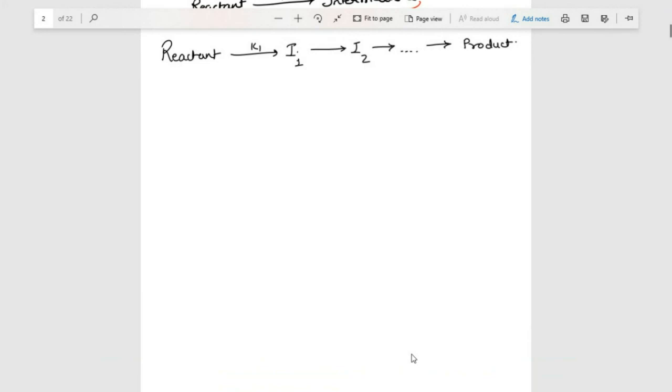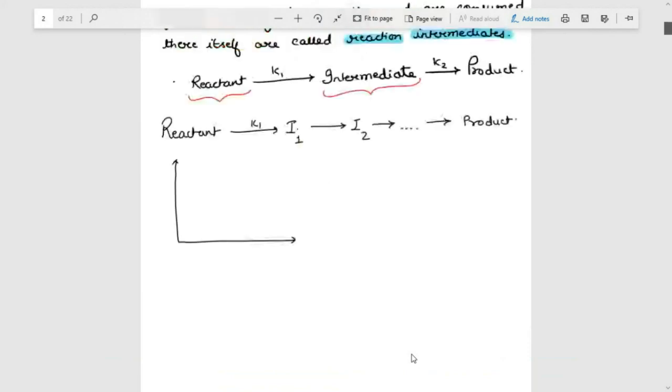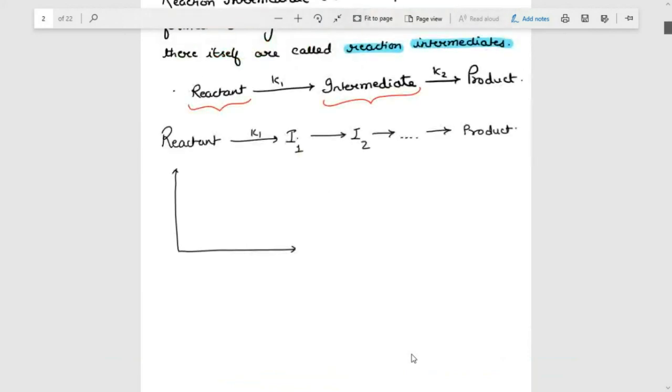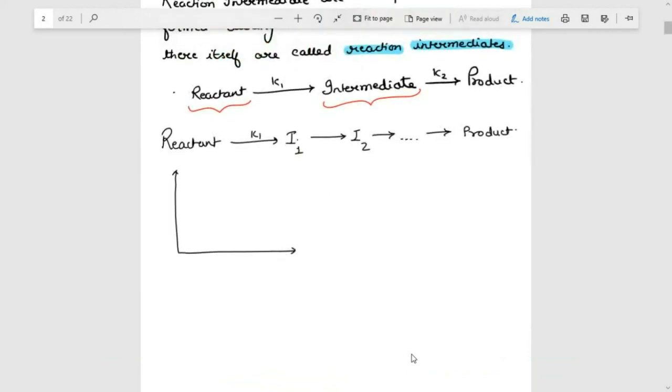If we know a small amount of kinetics, it would be good. Assuming a reaction is a two-step reaction, in this first example only one reaction intermediate is formed. Assuming that reaction to be endothermic,